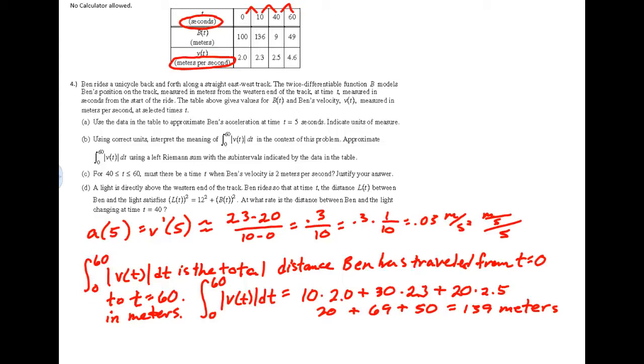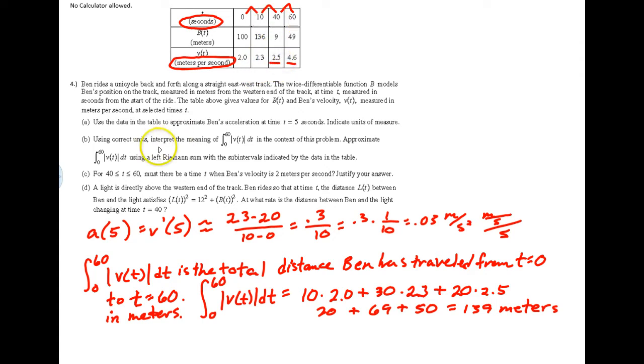Free response question number 4, part C. For t between 40 and 60, must there be a time t when Ben's velocity is 2 meters per second? Justify your answer. Now initially, when we look at our two velocities at 40 and at 60, I have 2.5